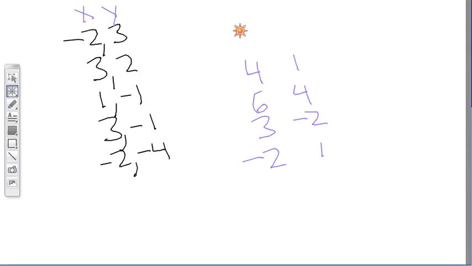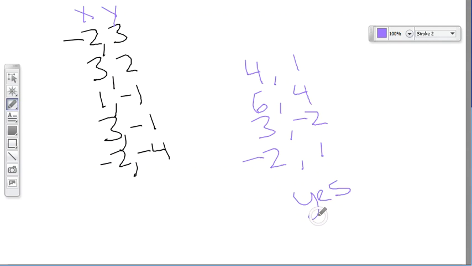When you're deciding whether something is a function or not, it's okay if you have the same y value. When we look at this relation right here, we have 4, 1, 6, 4, 3, -2, -2, 1. None of these x values are the same, so this would be a function. When we're looking to determine whether something's a function or not, we don't worry about the y values. We're looking at the x values and we're looking to see if they are paired with more than one